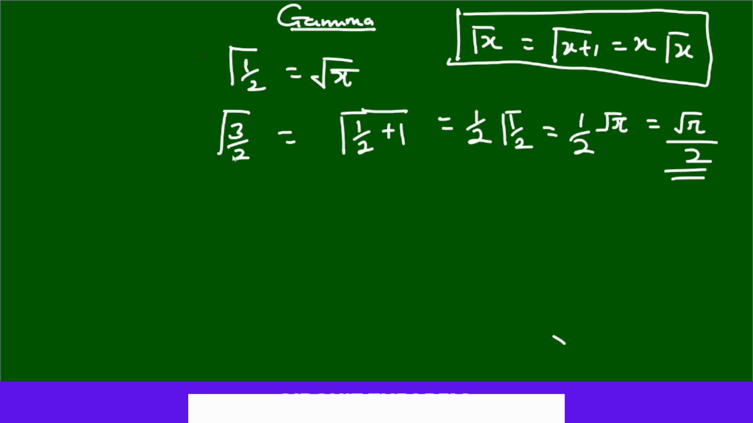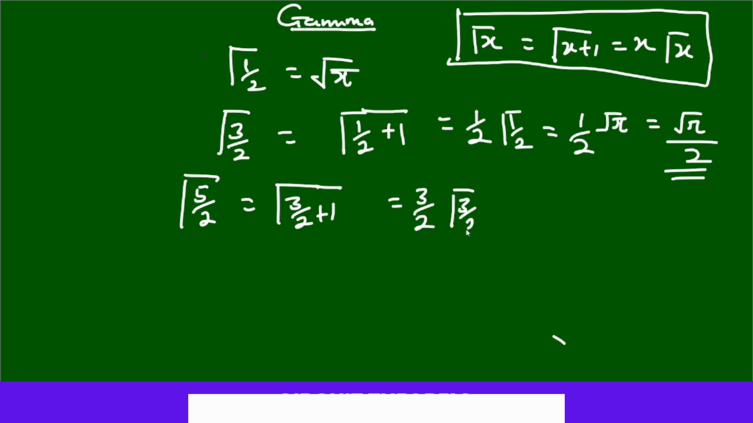Similarly, if you have gamma of 5 on 2, let's rewrite this in another form: gamma of 3 on 2 plus 1. And this can be written as 3 on 2 gamma of 3 on 2. Now we don't have any relationship for gamma of 3 on 2, so we can solve this one to get 3 on 2